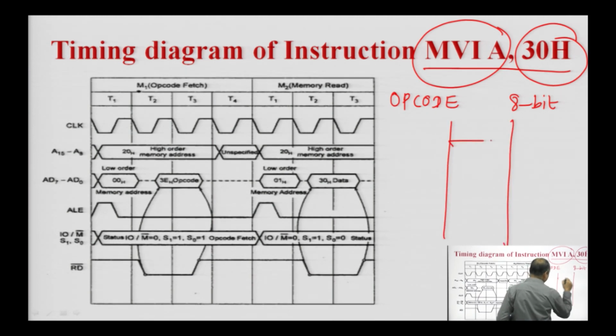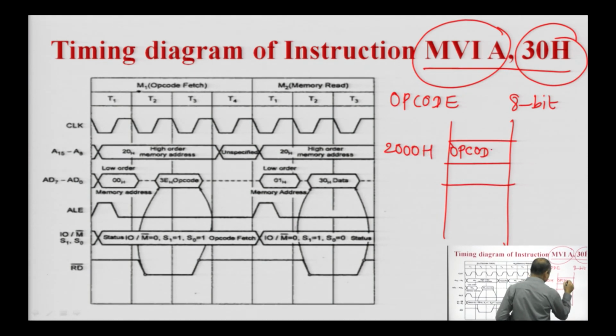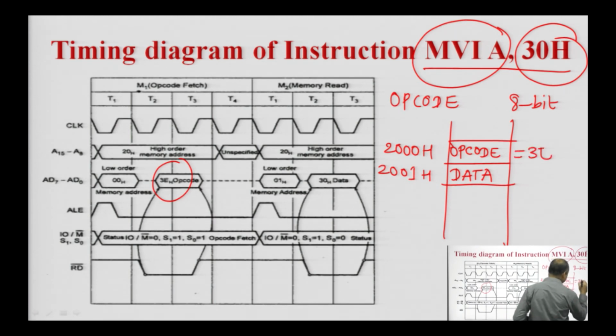So, this is the memory, and at memory location 2000H, the operation code of this instruction is present, and at location 2001H, the data is present, which is 8-bit. The operation code of this instruction is nothing but 3EH. 3EH is the operation code of MVI A. Whenever the microprocessor decodes this instruction 3E, it will understand that the processor will perform a move immediate operation. The data which is specified with the instruction is 30H, 8-bit data, and the processor will immediately move this 8-bit